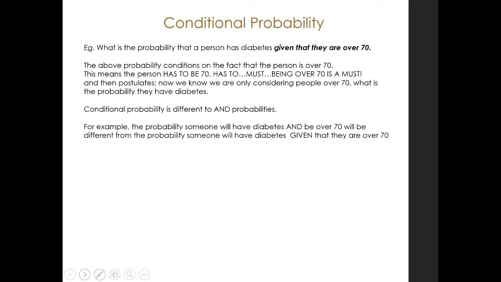Okay, now we get to conditional probability. So what is the probability that a person has diabetes given that they are over 70? When you say given, it has to happen. You know, Mr. Cheetah